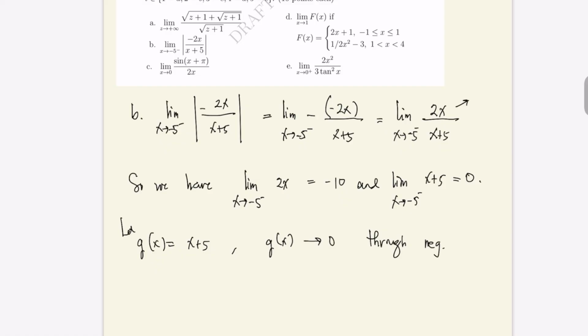So, therefore, the limit, I'll just make a draft of it. Negative over negative, so the answer is positive infinity. That's it. Okay, for letter C, this is the limit of sine of x plus pi all over 2x